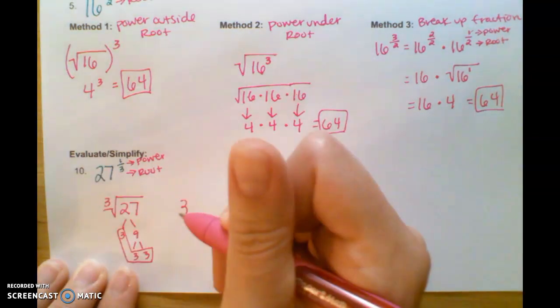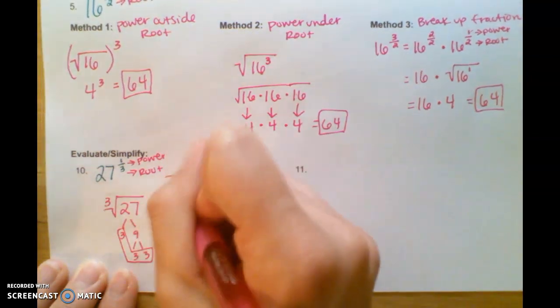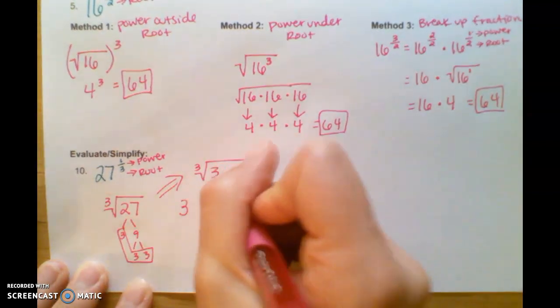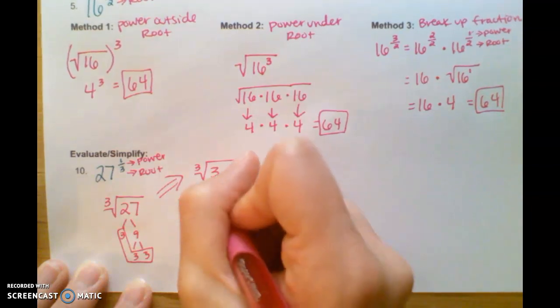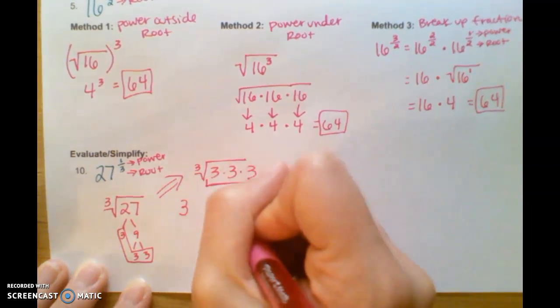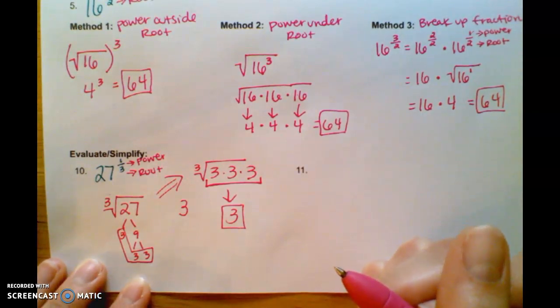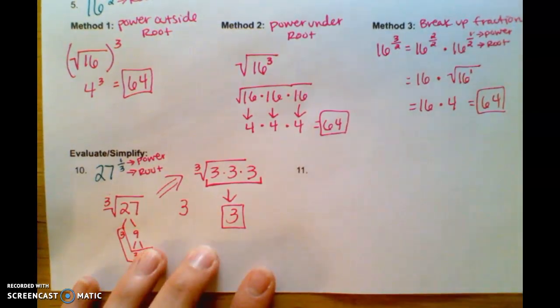If it helps you, we could actually write this out. The cube root of, we got our prime numbers, 3, 3, 3. That is a group of 3 things, so we brought out a 3. So our answer to that one is 3. All right, let's look at